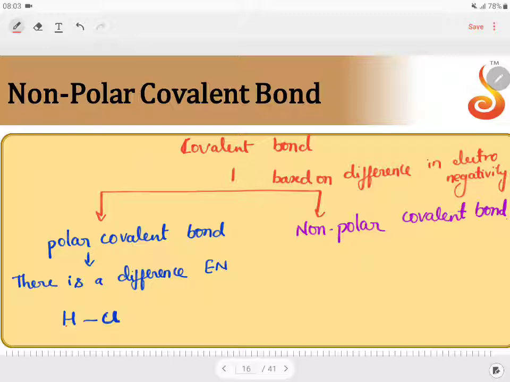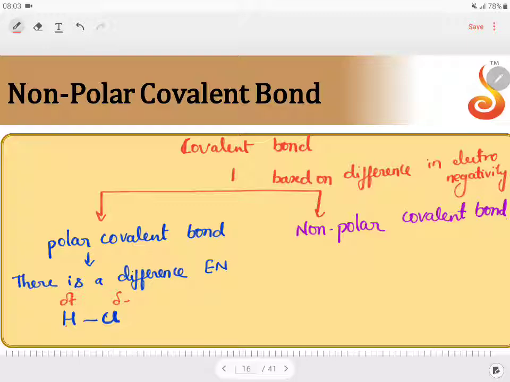Therefore, it is going to carry a partial negative charge. What do you mean by partial negative charge? The electron is not completely gained. Instead, we say that the electron density is towards chlorine. Therefore, in the bonded atoms, chlorine has better control or better attraction on the electron. That's why we write it as delta negative. Similarly, if I consider hydrogen, we write it as a slight positive charge, delta positive.